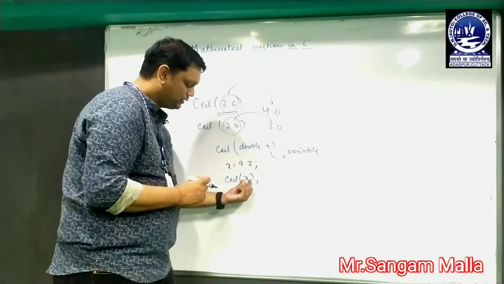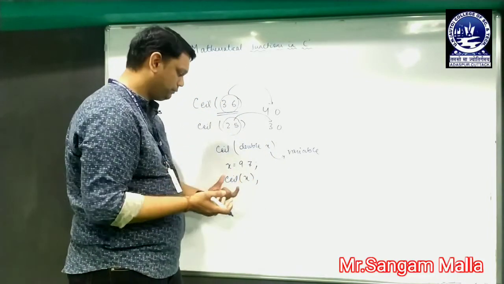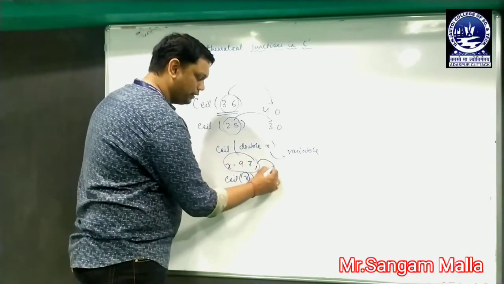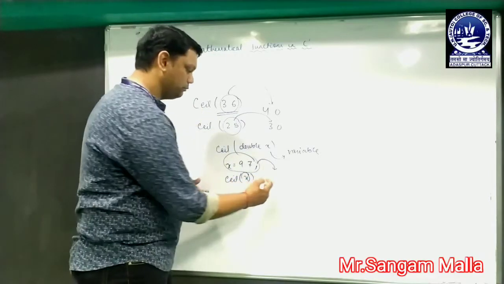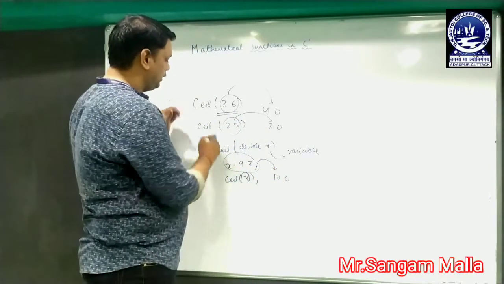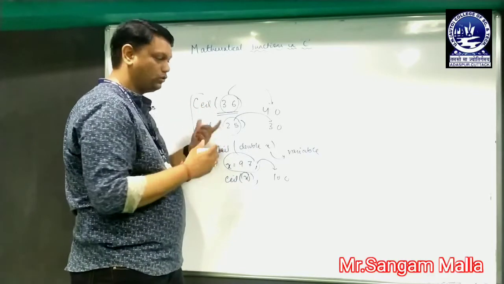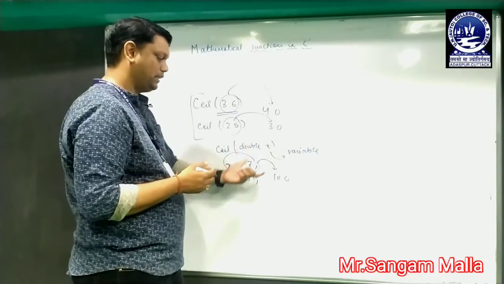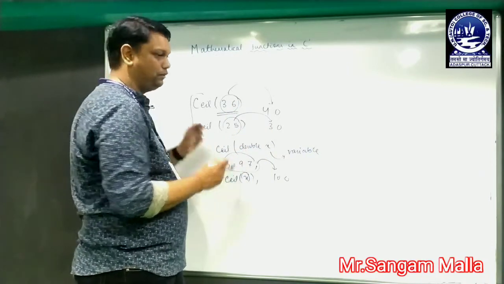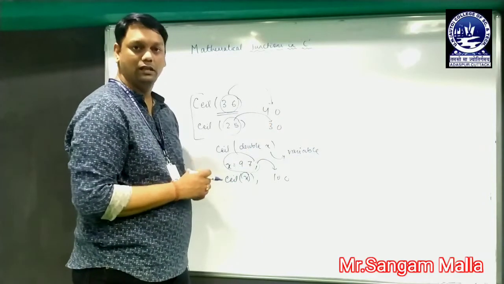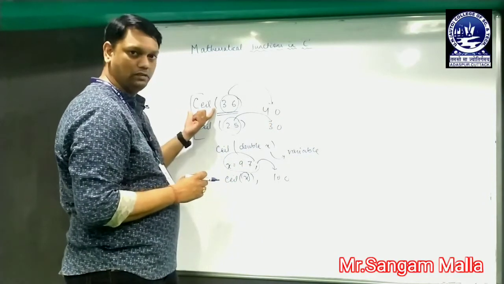So whenever I am writing CEIL of x, or any variable I am taking, whatever value has been stored in the variable will be rounded off to its higher number. So the answer will come 10.0. In this way, the CEIL function rounds off the numbers to their higher number. Now let's take an example through a program and find out how to get the output using the CEIL function.